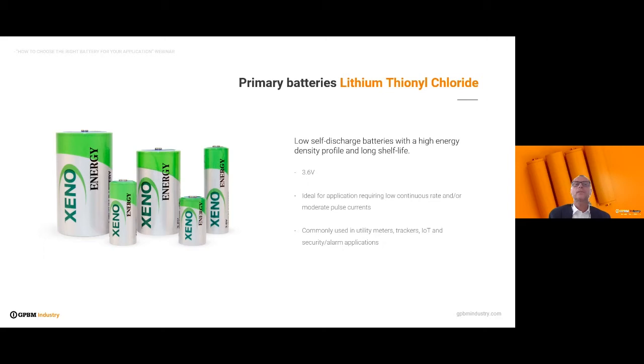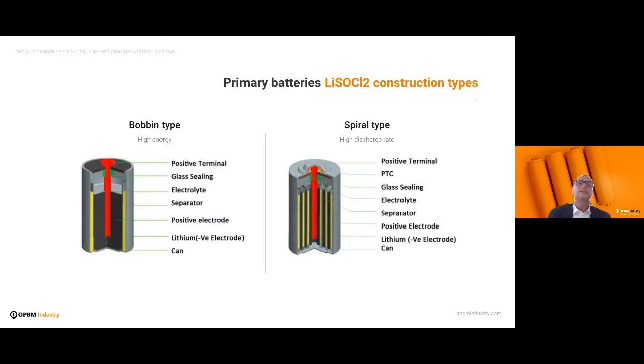security alarm. This technology has to be viewed in two different ways. It depends on the cell construction, and the cell construction has to be divided into bobbin and spiral, which you can clearly see on the next slide. The bobbin one is the left one. The internal construction is a bit different between the two cells, having the same size, same dimension. But you can see that due to this way of construction, you have different characteristics on the battery